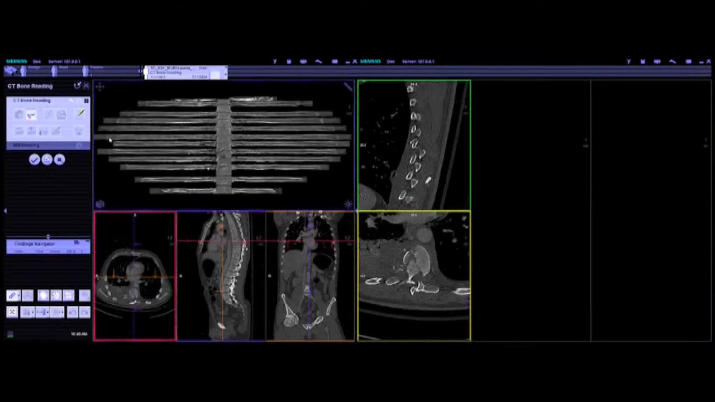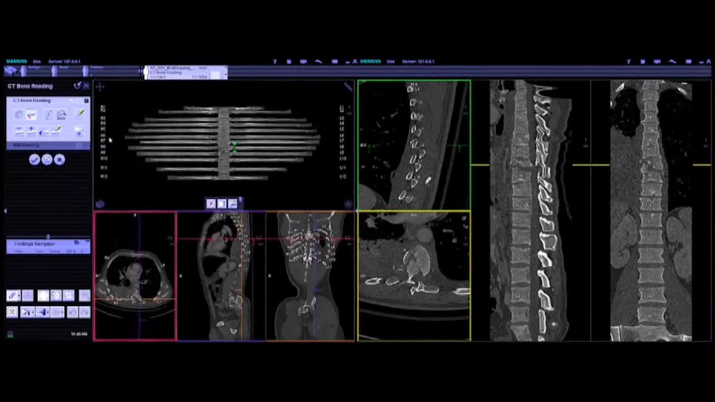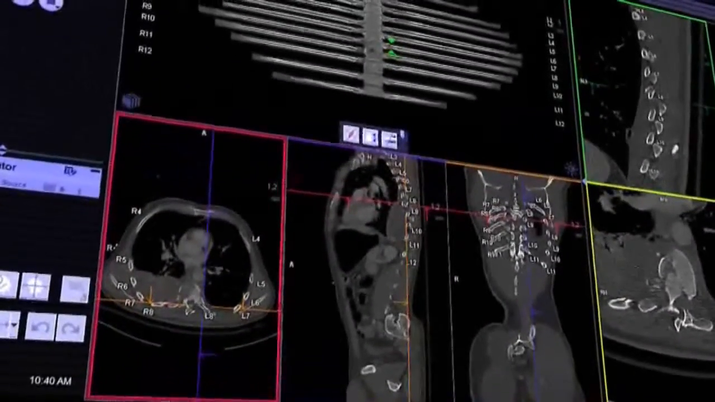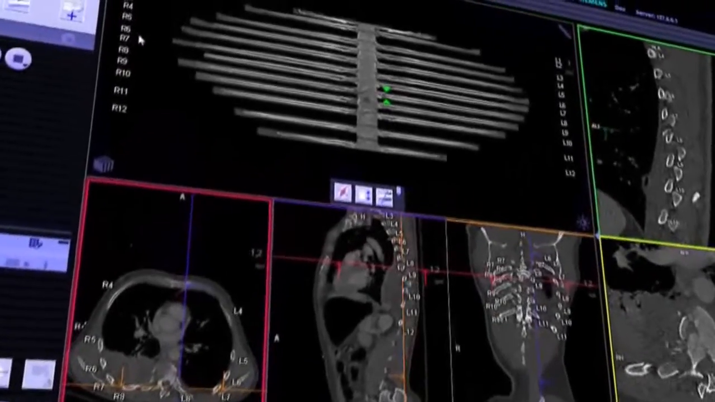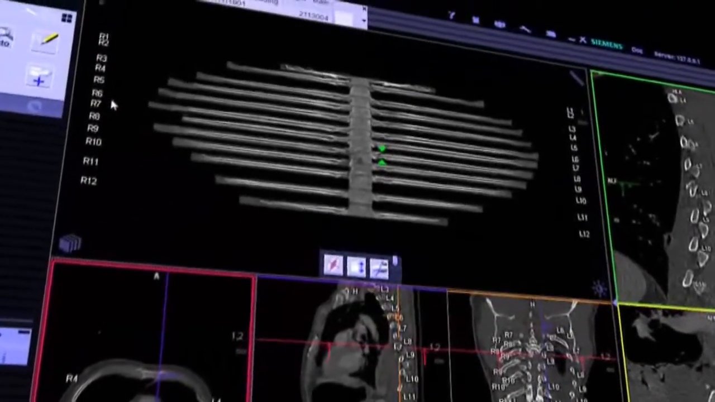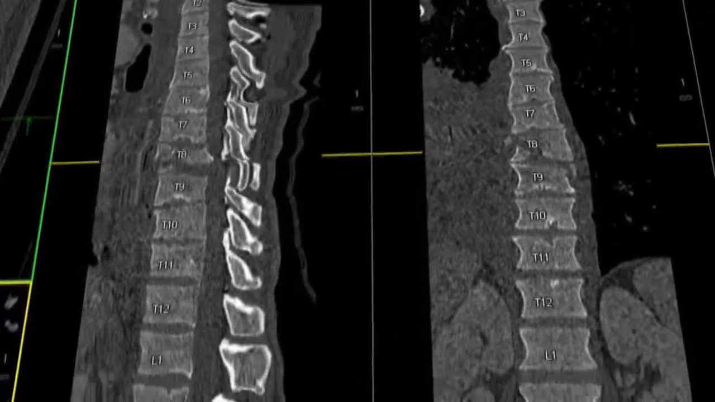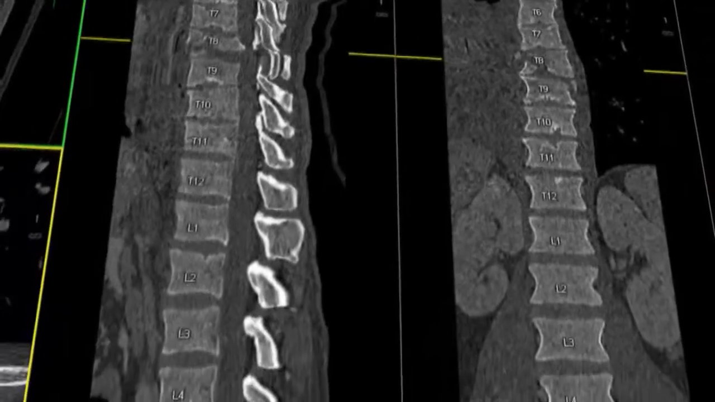Due to the automatic pre-processing, the case is ready to review when opened. The application has identified and labeled the ribs and displays the entire rib cage rolled on a 2D planar reformat. In addition, the vertebral bodies are labeled and the spine is presented in a stretched view for a straightforward overview